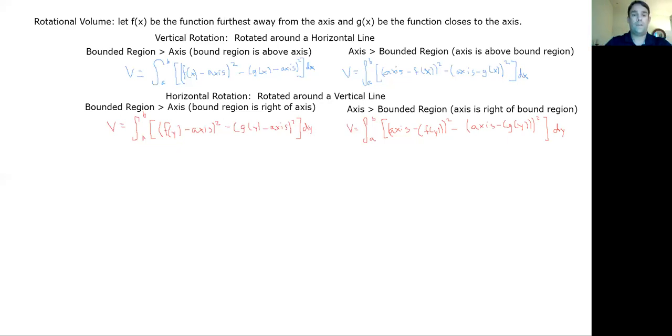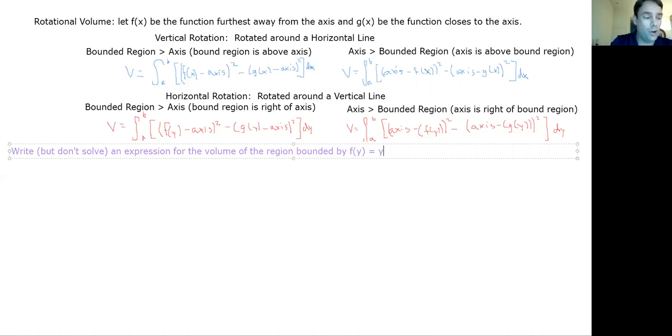So if I give you a quick example problem, again, just to really hammer this home. Let's see here, something like this. Write an expression for the volume. Right, don't solve. I don't really want you to go through all that. An expression for the volume of the region bounded by f of y equals y squared minus 4y and the y-axis